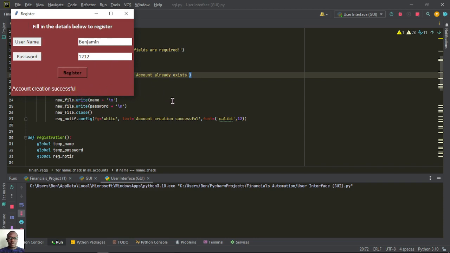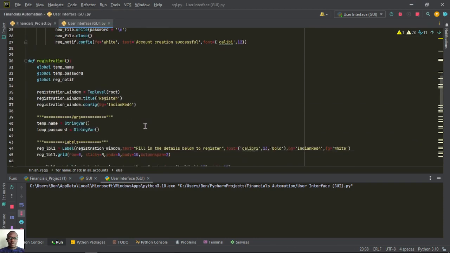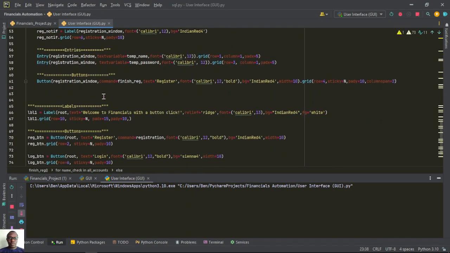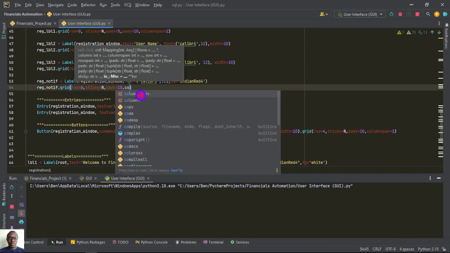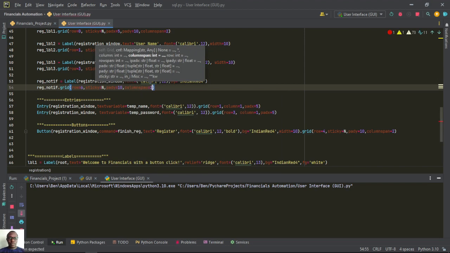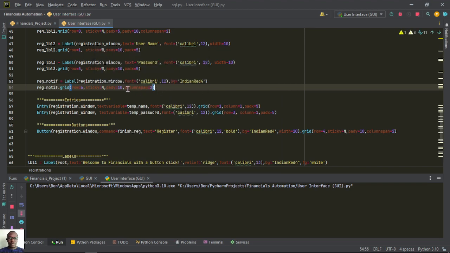So where we have the notif, let me change the column span where we have the registration notif. So I want to put the column span 2. So the notification will be centralized. So when I run this code again,